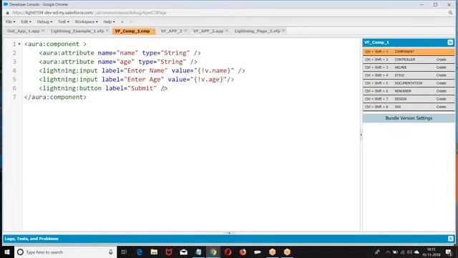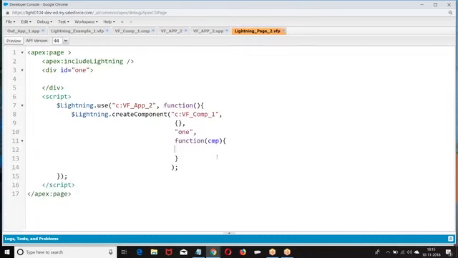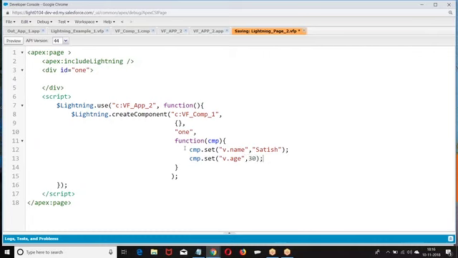Okay. Now, at the time of calling a component, you have created VF component 1, and that component will be coming here. So what I was doing: component dot set v dot name, set v dot age. You created a dynamic component, and we are setting the values.